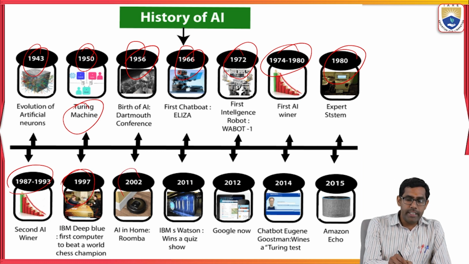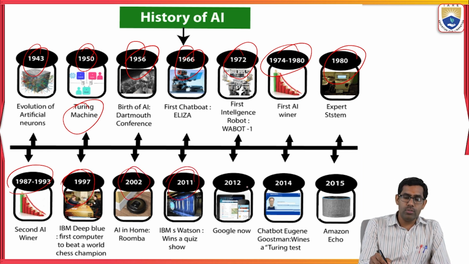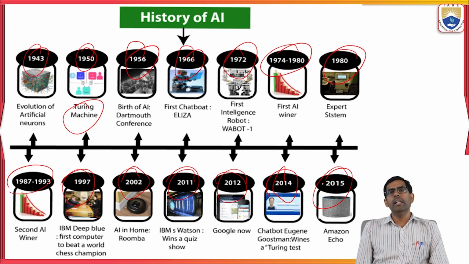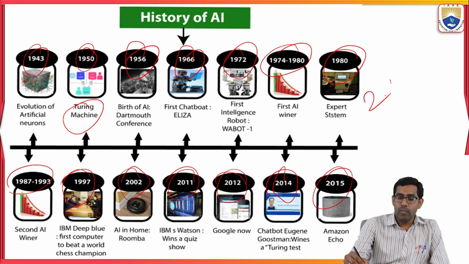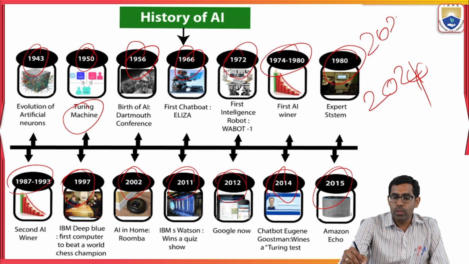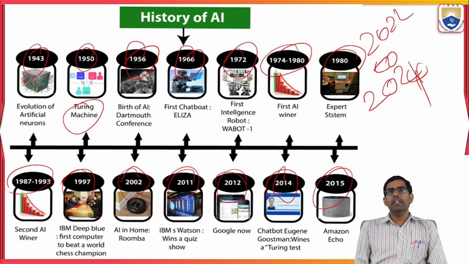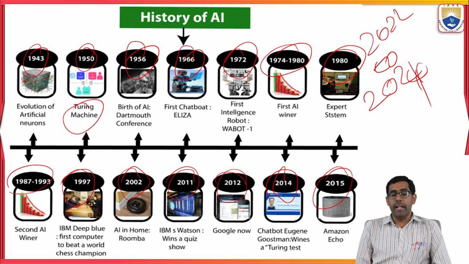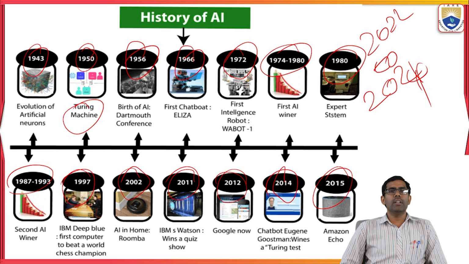Okay, that is 2010, 2011, 12, 14, and lastly up to 2015. This is some history of artificial intelligence, and now in 2024, from 2022 to date, we are using exactly ChatGPT, using the AI concepts only, right? So this is some certain history of AI.